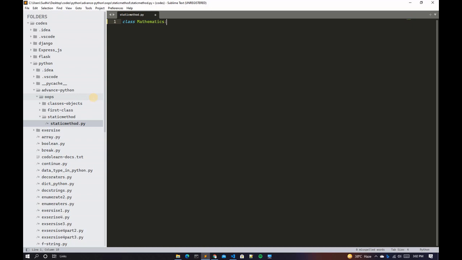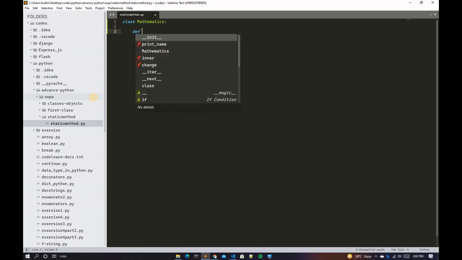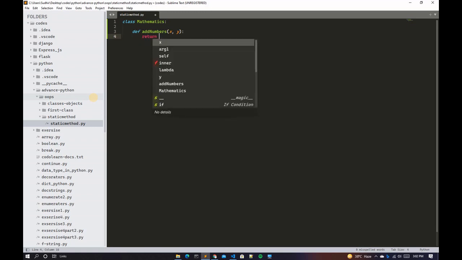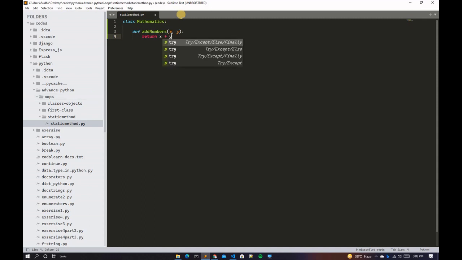After that you have to type def add_numbers, with x and y, and then you have to type return x plus y.